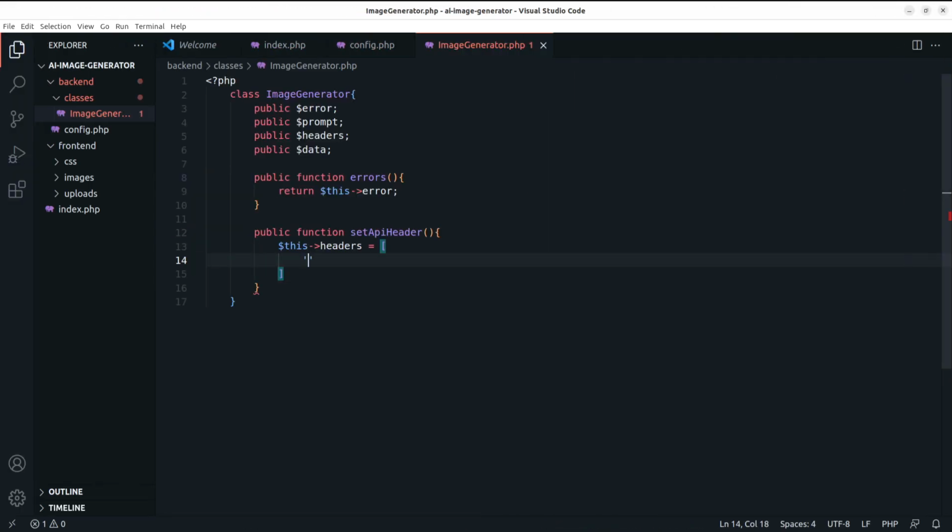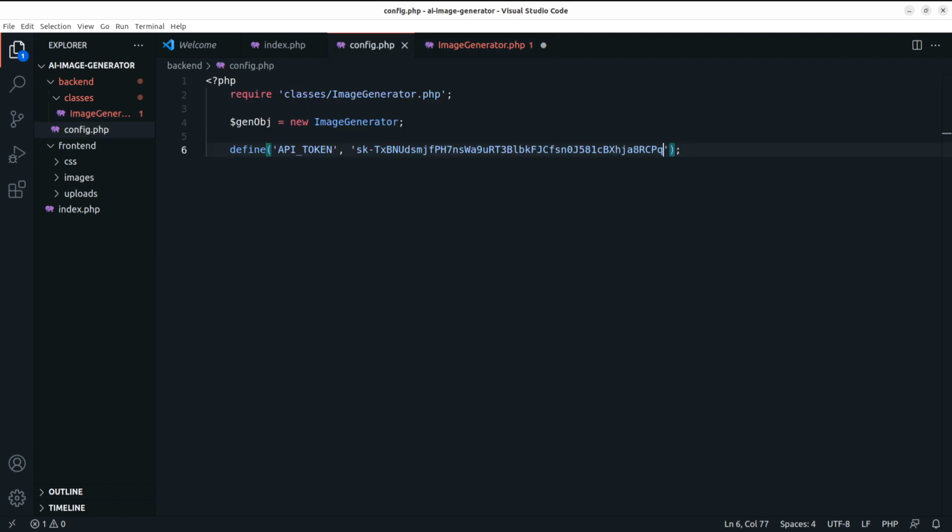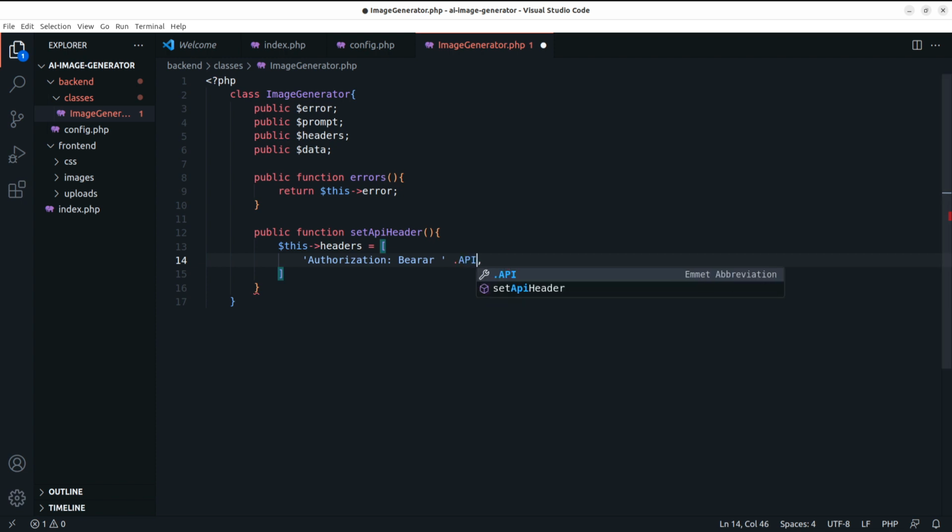So now inside here we can say Authorization: Bearer, space, and we need to concatenate our API key from the config.php file. We define the constant right here, this API token, and we can use this API token anywhere in our project. So in our class we can say API token right from here, and a comma right after here. Then we can say